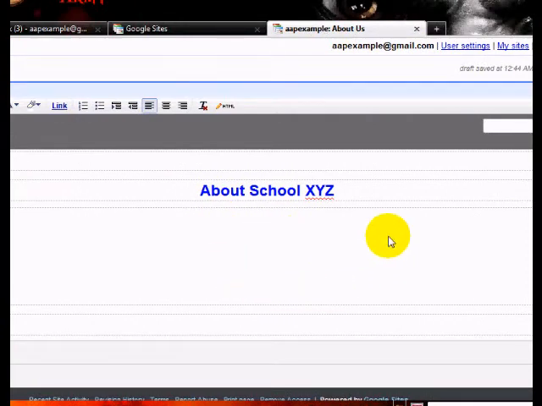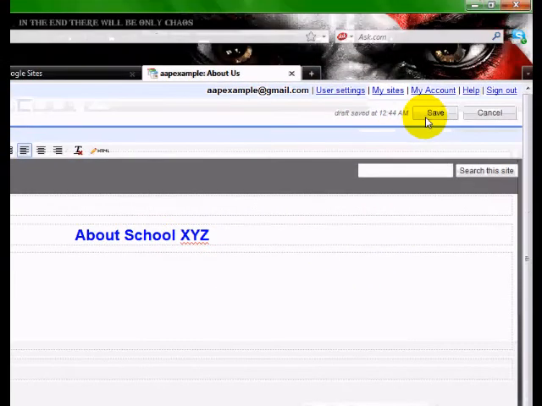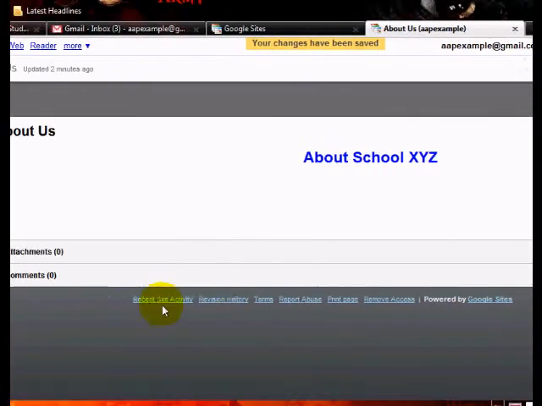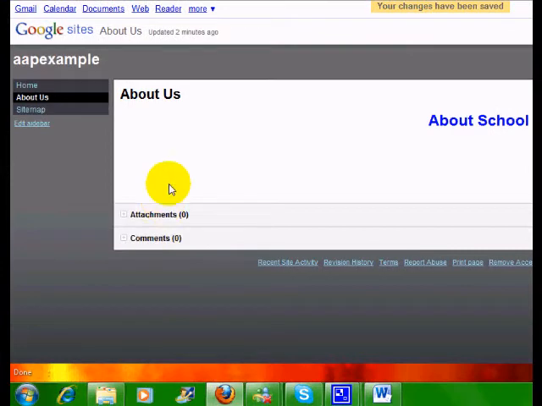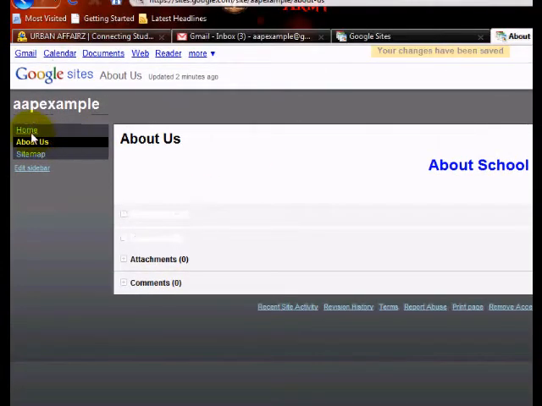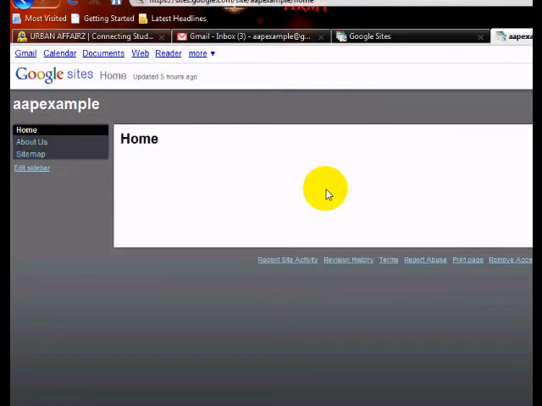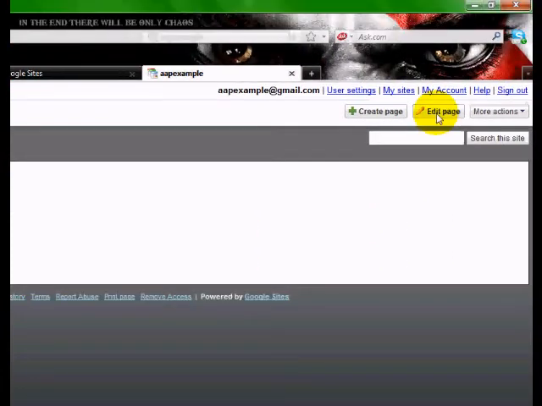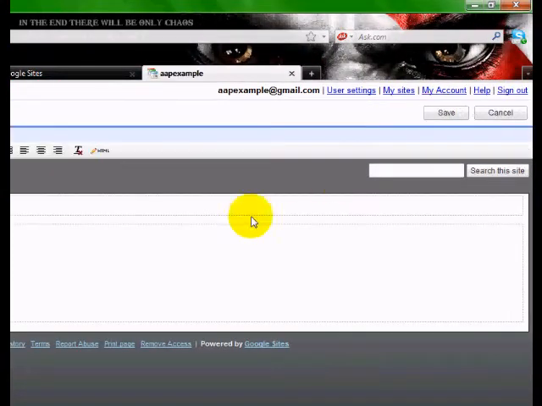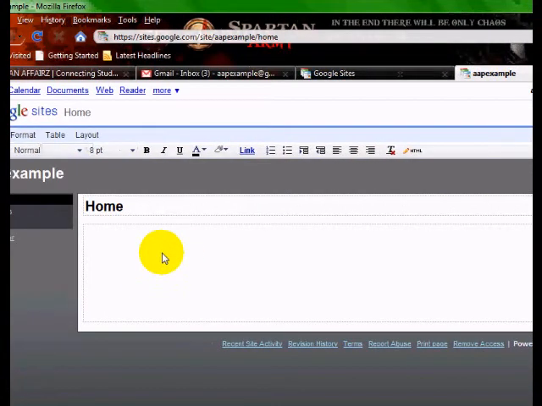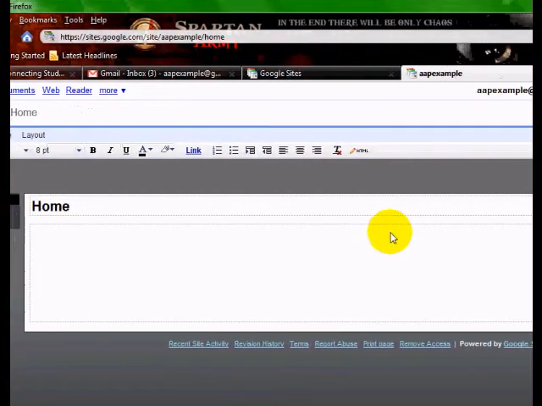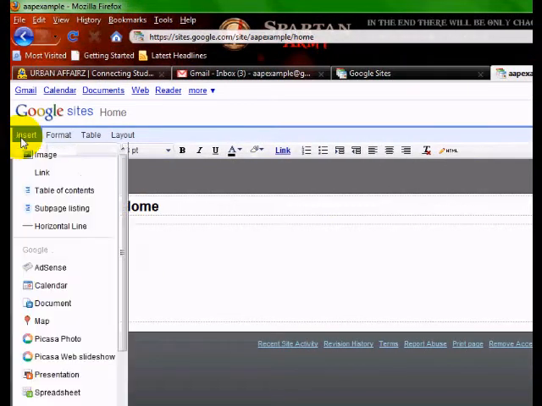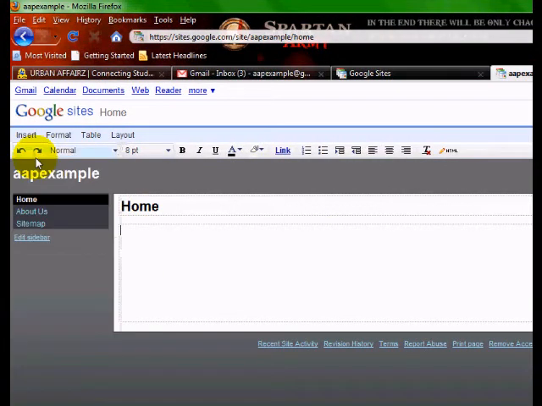After you make any changes, of course, you always want to save. And there you go. You see how that shows up? About school XYZ. Now you can go through different pages. This takes you back to your home page. And say you want to edit and add a picture of your school. So you would, like I just did, click the editor and go insert, image,